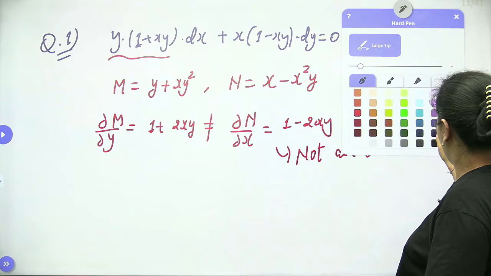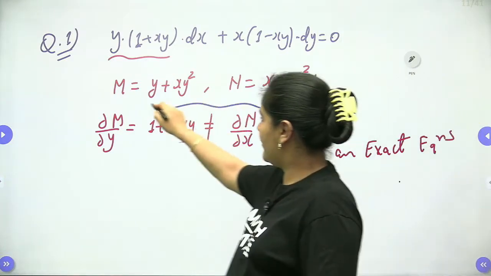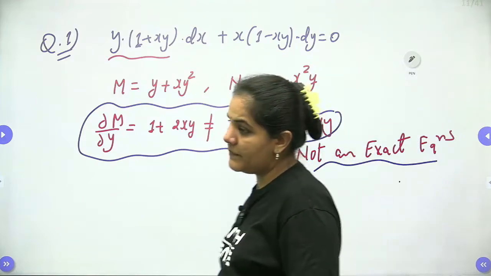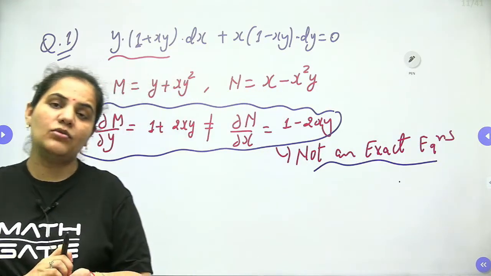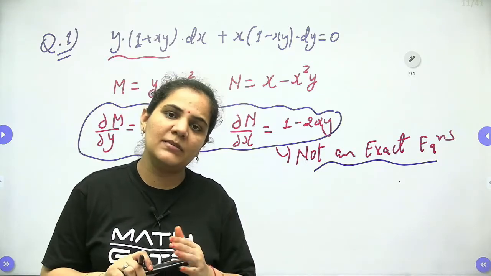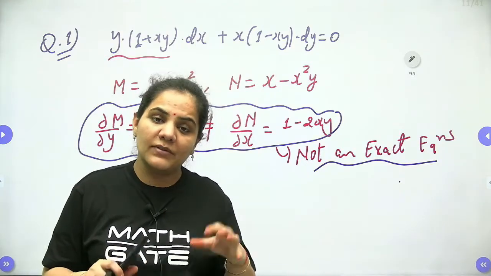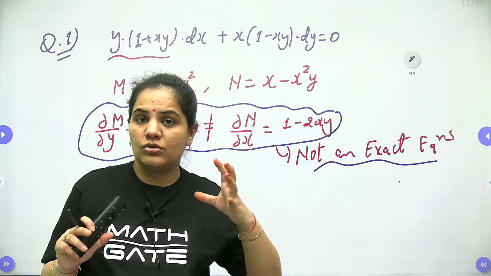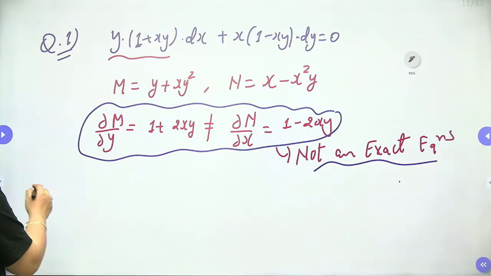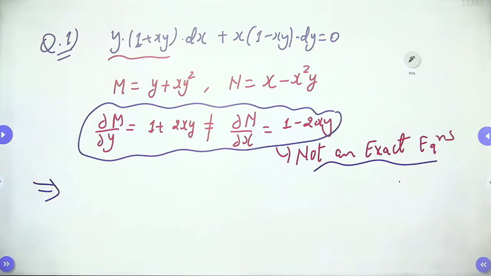Let's have a discussion. Now let's change the mode. How will we approach? It's not an exact equation. Till now we have only discussed the inspection method, guys. So we will approach by finding something which we learned till now. Let's make it simple and write down the equation as it is.